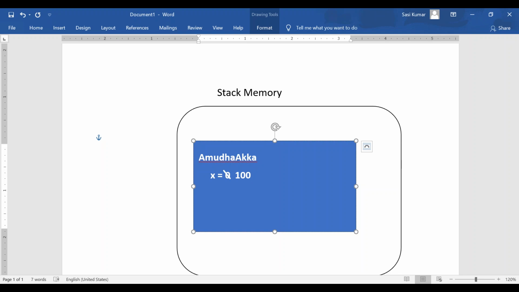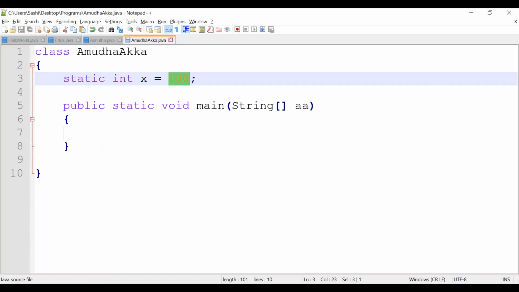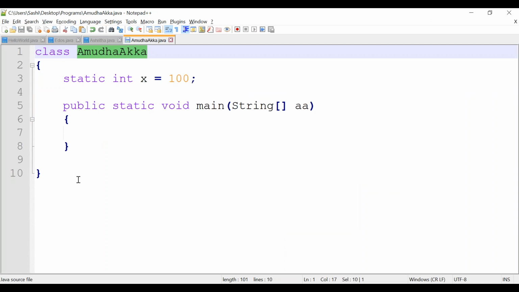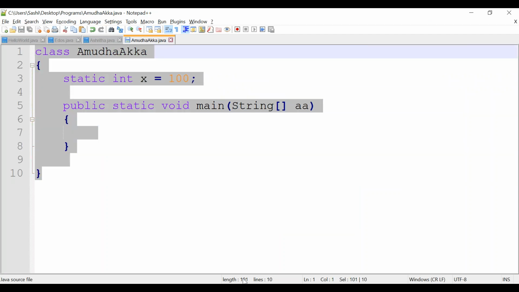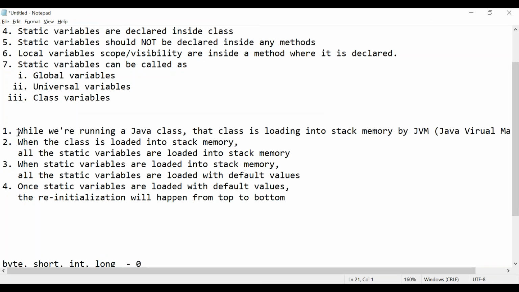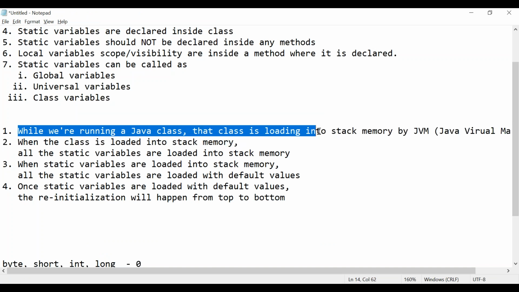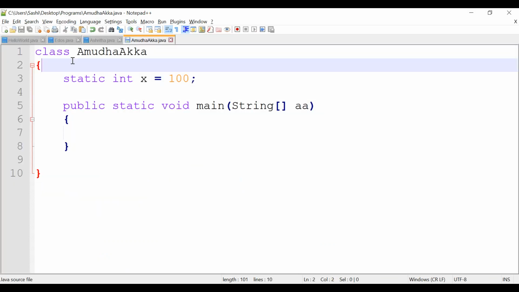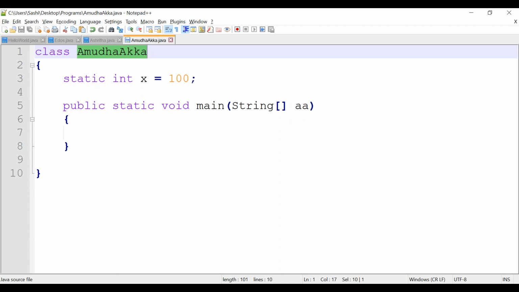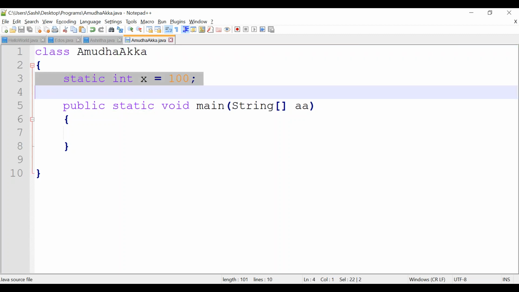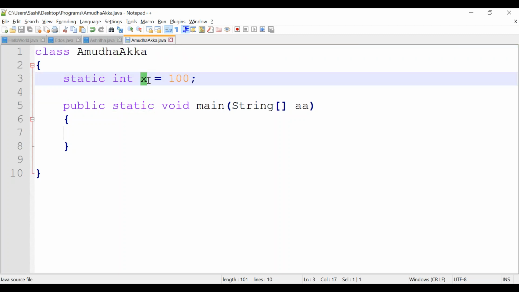Again, I am coming back. When we are running this class, Amudaka, what happens? This class is loaded into stack memory. That's the first point. The second point is, when we are loading this class, all the static variables are loaded. Here only one variable, x, is loaded.